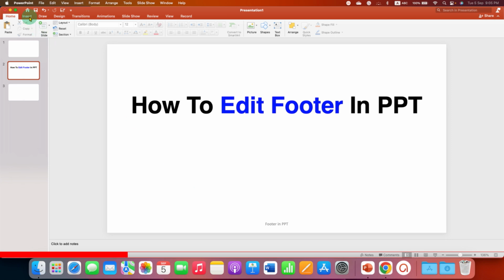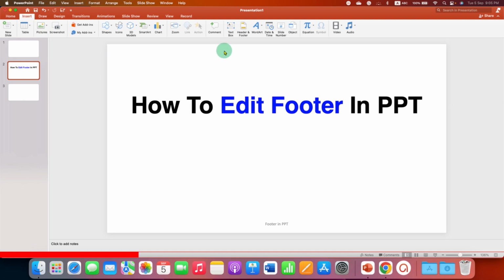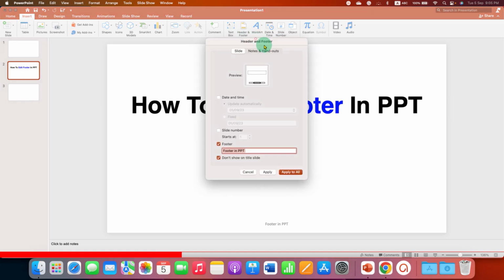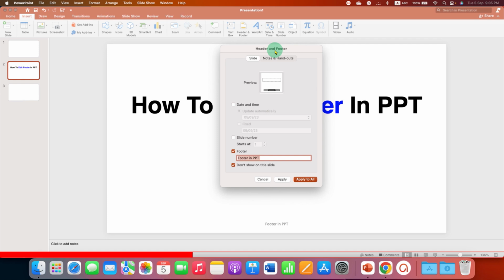the Insert tab and you will see the option of header and footer. You can edit the footer using this option. Just click on it and you will see this header and footer window. If you already have a footer, you will see the footer is on and the text typed in the footer. So if you want to change footer on all the slides, for example, let's say we will type here